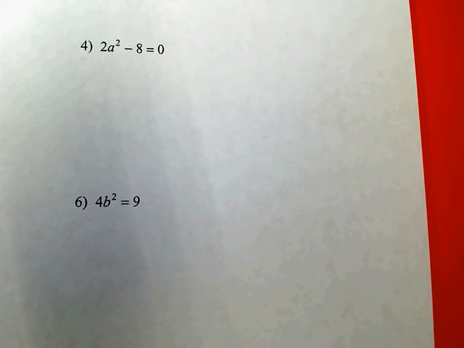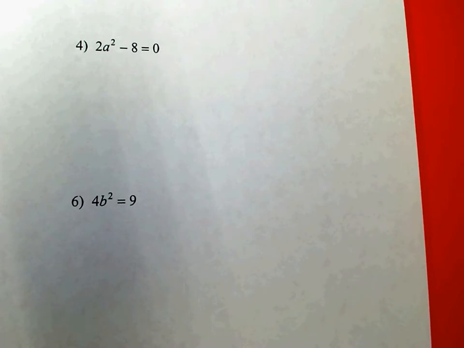When you worked practice problem number 3 on your own just now, you should have found two answers for b, which were 1 over 2 and negative 3 over 2. If those were not the answers you came up with, you need to pause and go fix that part before you move forward. We're ready to work number 4, and you can see that it's already equal to 0,